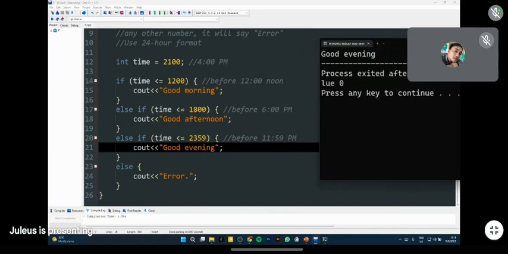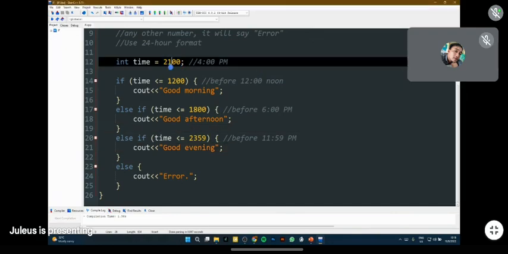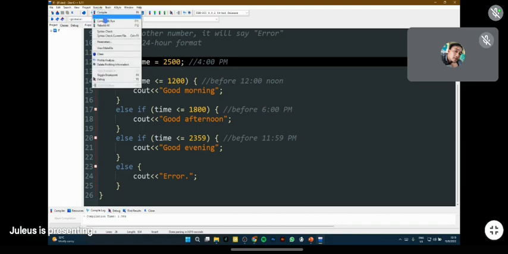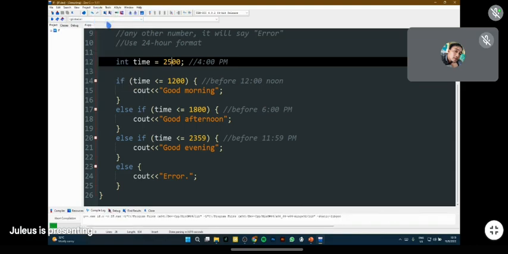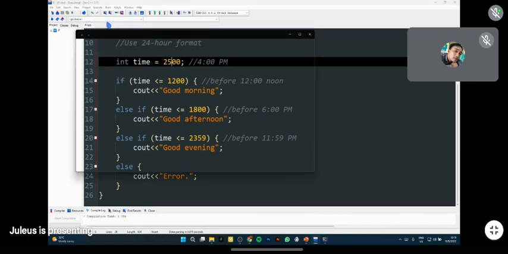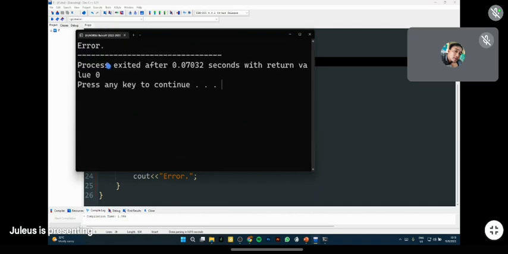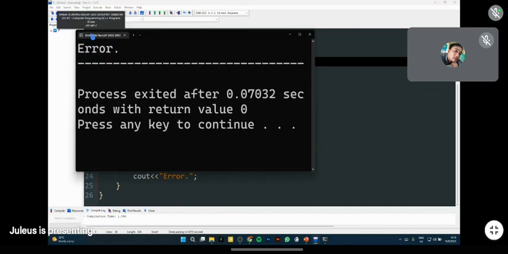But what if we enter any other number aside from 0 to 23:59? So let's say, for example, we put 2500, which is no longer a time. It's no longer a valid hour. Therefore, if we run it, it should say error. All right, therefore, our program works perfectly well.